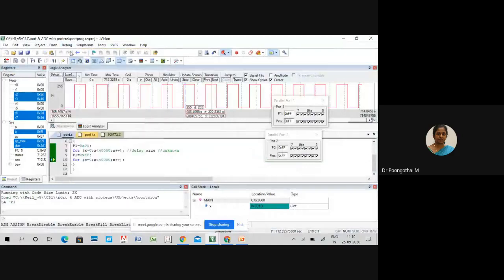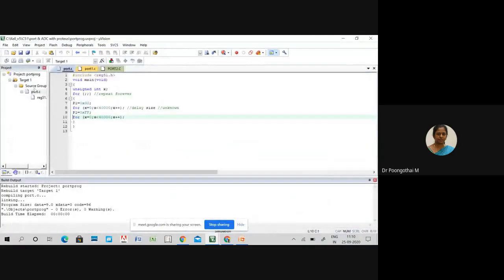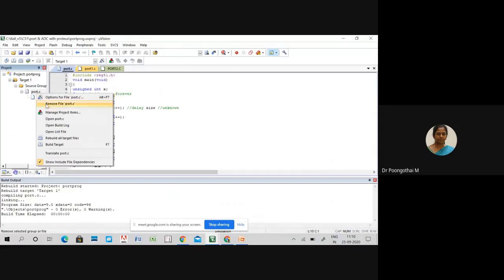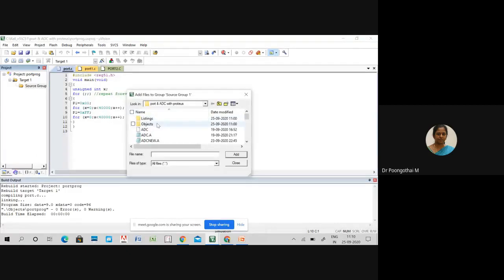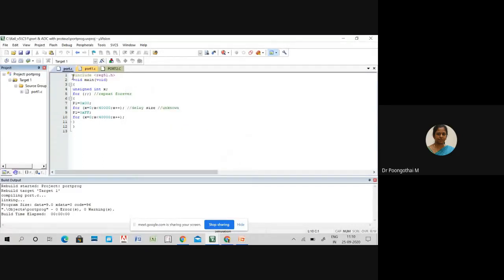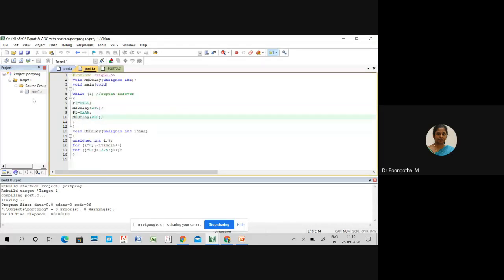So let's run this code. So here I have defined this function, and below the main function, I have included all my delay routine instructions.